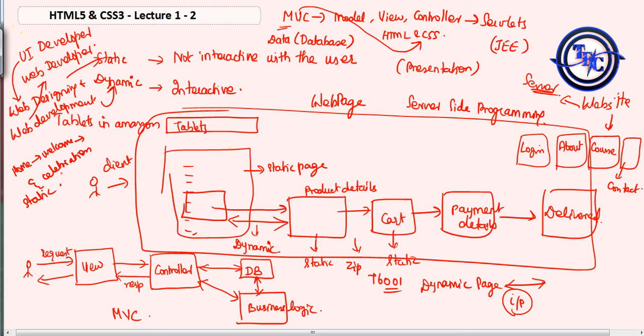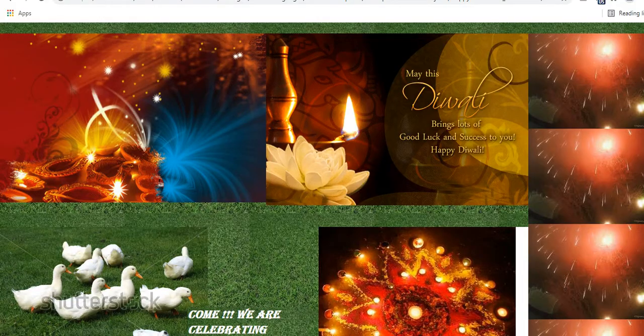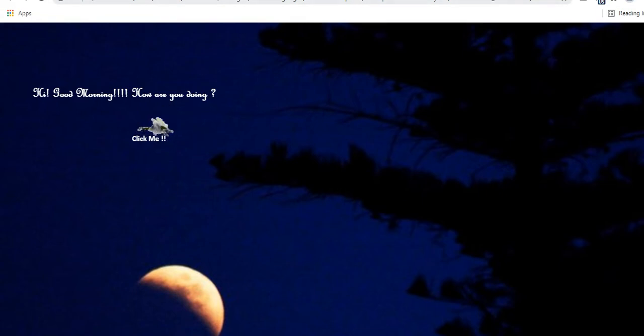But we will see a dynamic page also. I'll show an example of another static web page, say here, new year wishes. Depending upon the time, this background will change. If it is morning 6 o'clock to 8 o'clock, this background will be different, and if 8 to 10, this background will be different, for which you would need the code. But here, depending on the current time, the background shown is this one. It's asking me to click.